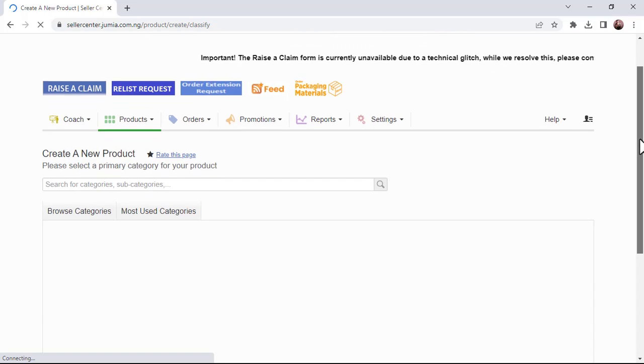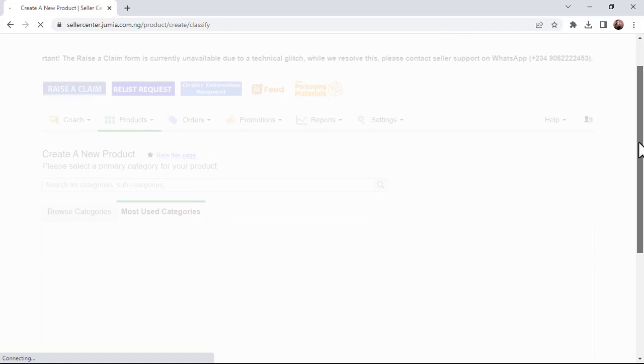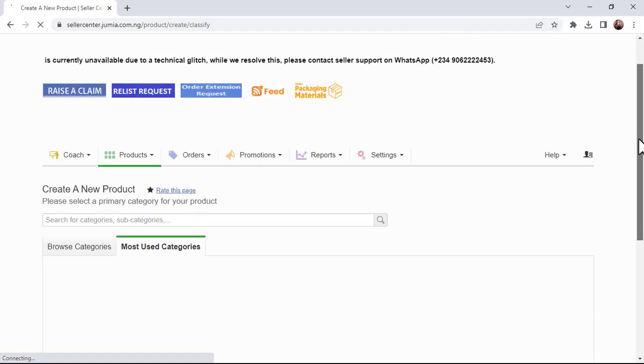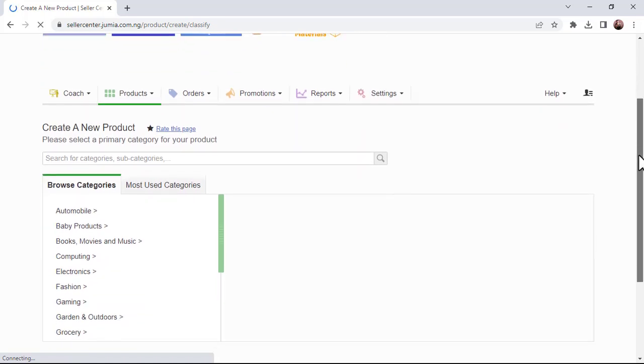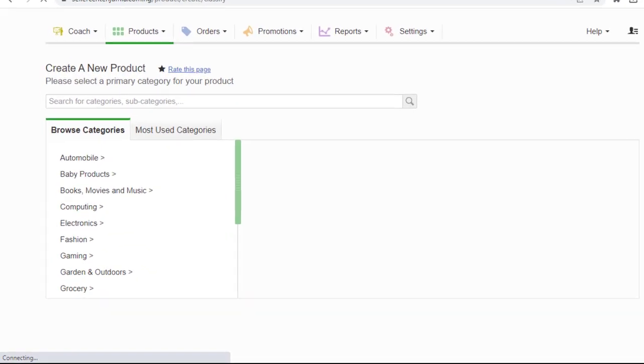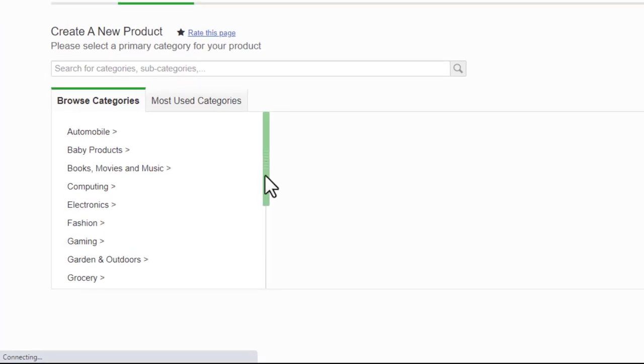All right, so here we are progressing, we are moving forward. So the next thing we are going to do, still loading. All right, the next thing we are going to do right here is creating a new product. We are going to select categories. There are several categories here. You just have to follow through so that they can pinpoint exactly what type of product you are selling. Okay, so you can see automobile, PV products, books, movies, music, computing, electronics, fashion,